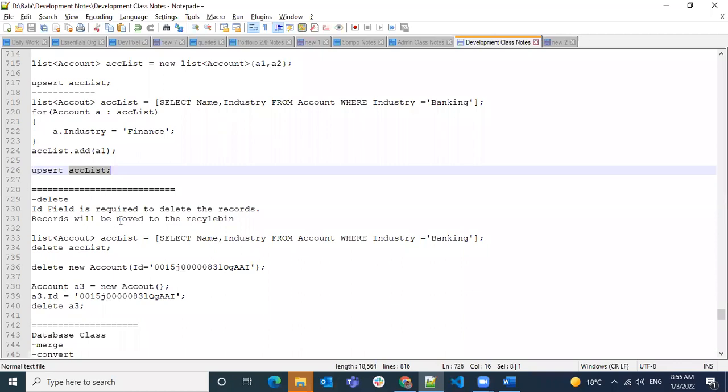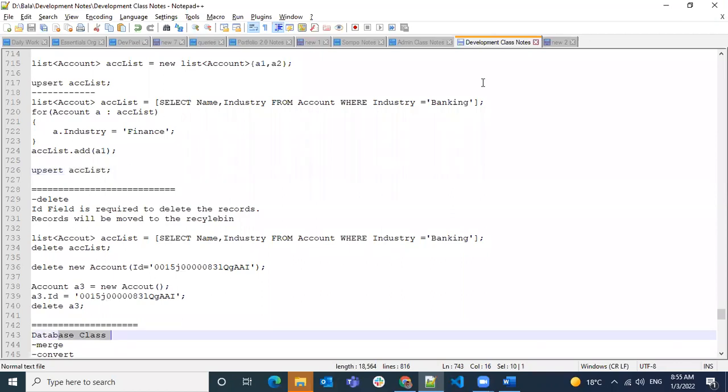Again, we have a feature in the Database class operations where you can control the all-or-none option. Whether you want to fail all the records if one record fails, like how it behaves with the normal operations, or the other option, which is to allow partial success.